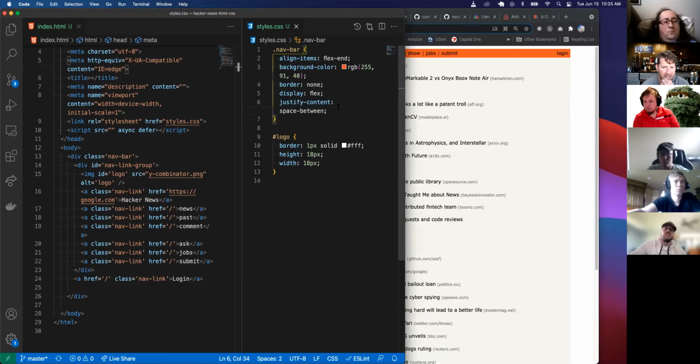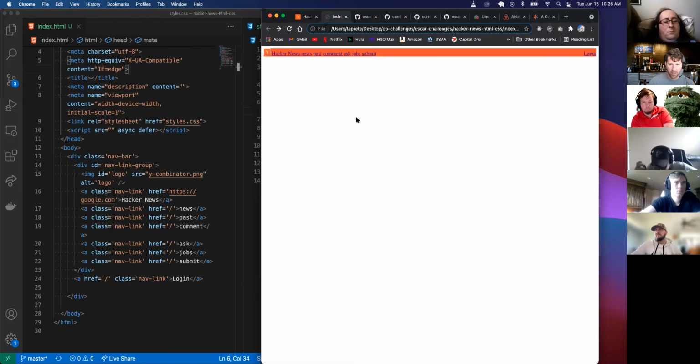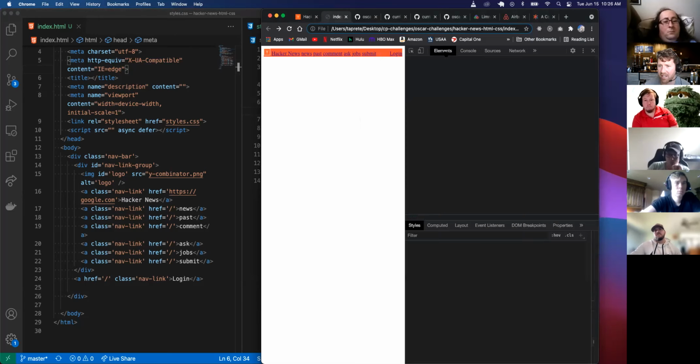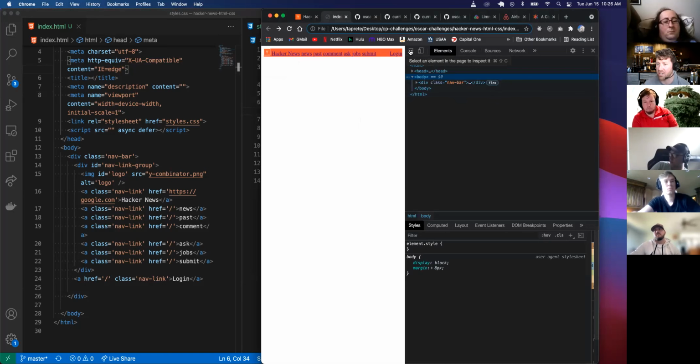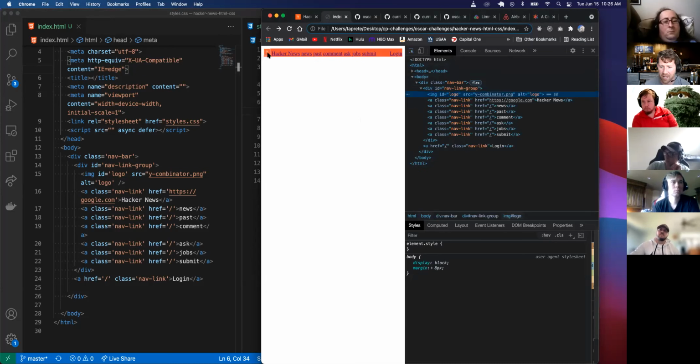Could you maybe explain the difference between padding and margin? Yep. I'm having a tough time distinguishing between the two. Sweet. Yeah. So I'm going to open up, I did Command Option I. It opened up the dev tools. And if I click on elements, I can click this little select an element on the page to inspect it. So I can inspect an element. And if I click on the image logo, it should bring up